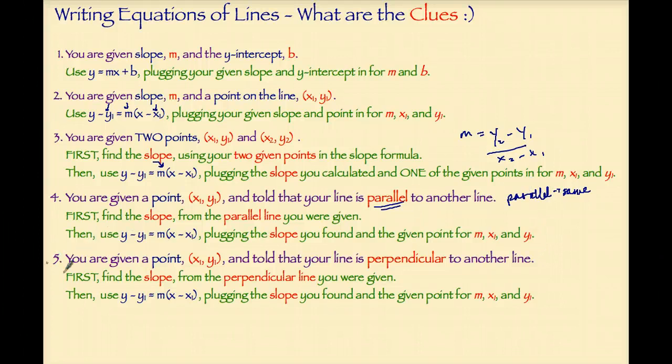Now, the last set of clues that you could be given is you could be told that your line is perpendicular to another line. Perpendicular lines have opposite reciprocal slopes. So you can look at the line that you're given, knowing that you're perpendicular, extract their slope, change it by making it opposite reciprocal. That, of course, means that's your slope. Plug it in for m, use the point you were given, x1, y1, rearrange into slope-intercept form. So with these three forms of equations and knowing what to do, no matter what set of clues we're given,